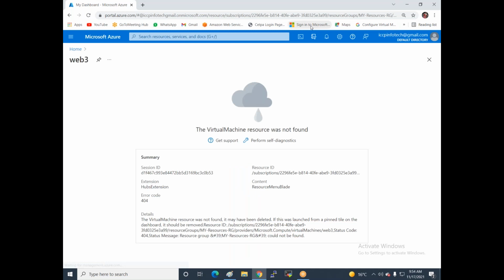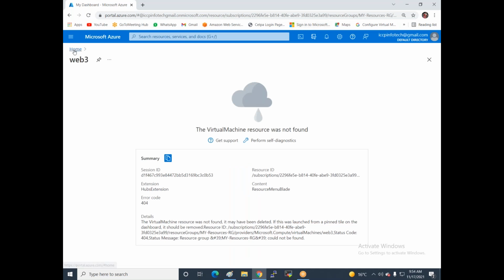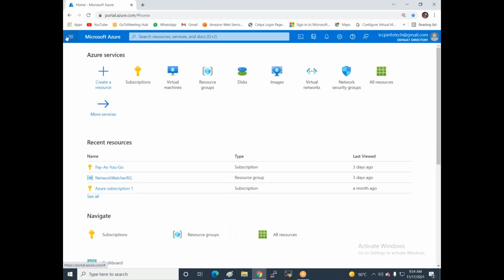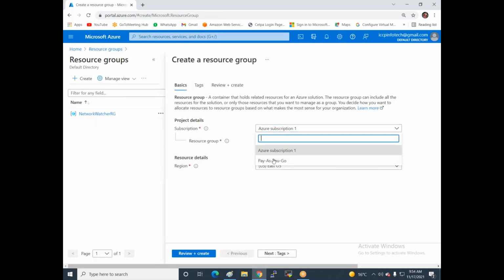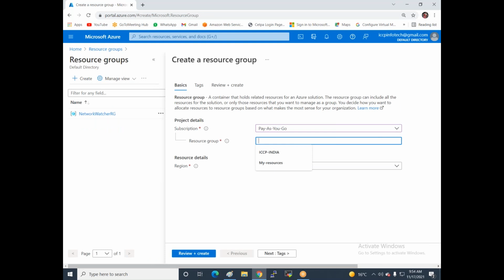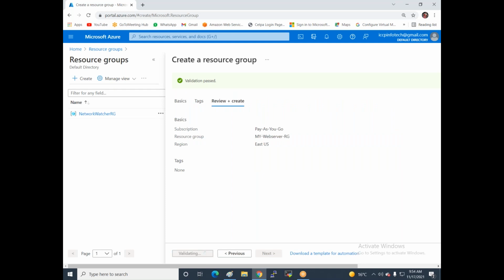But before the network, we create a resource group, because all my resources are saved in a single resource group. So I click on create resource group and give the name web server resource group. Now I'm deploying this resource in East US. Now review and then create.